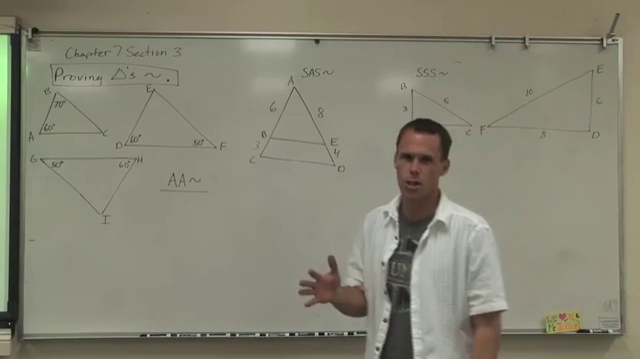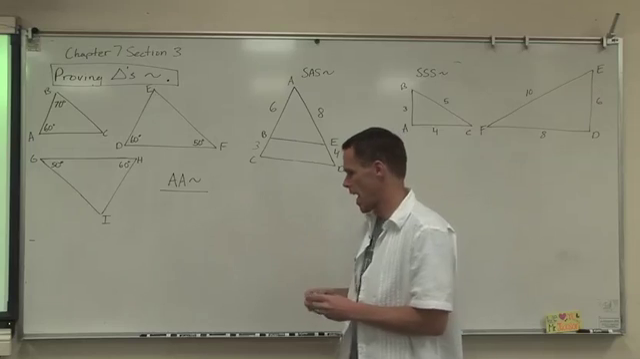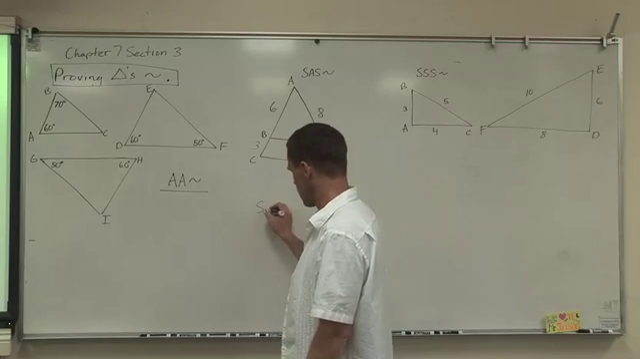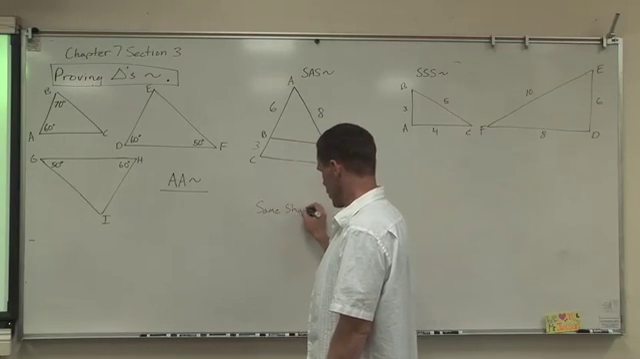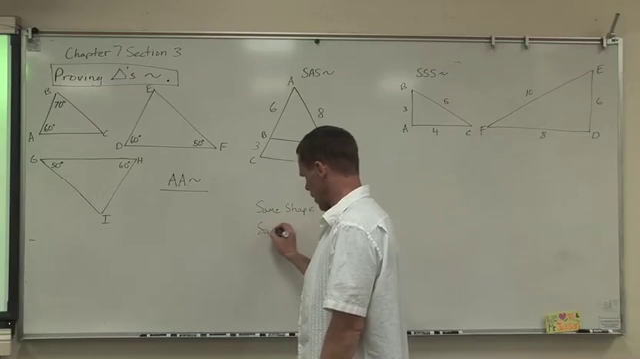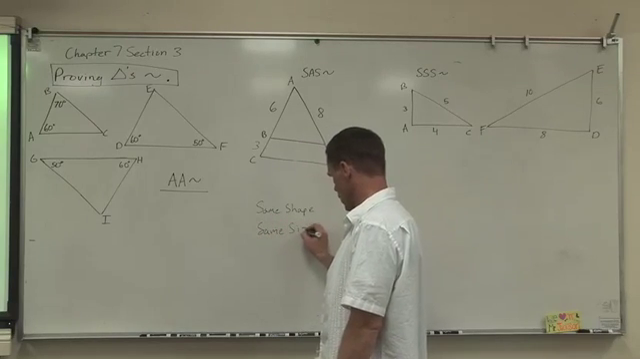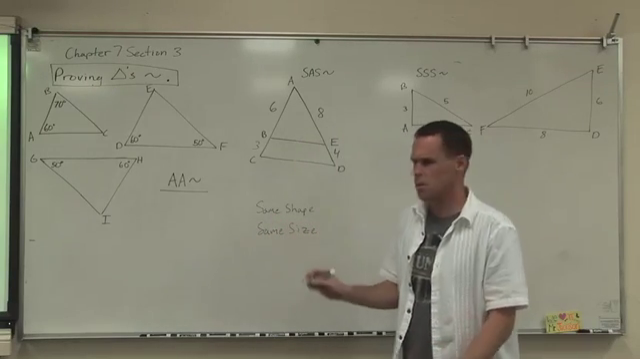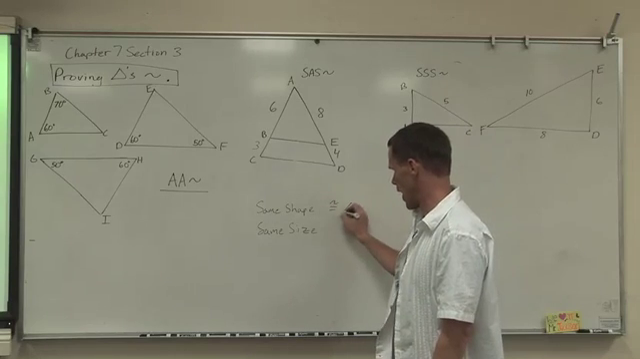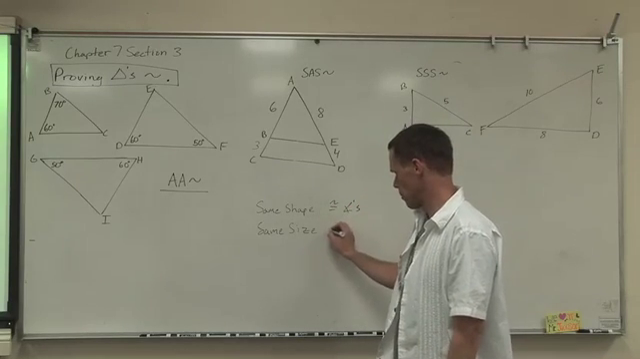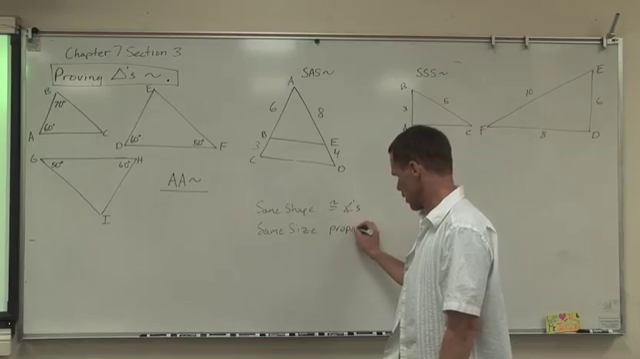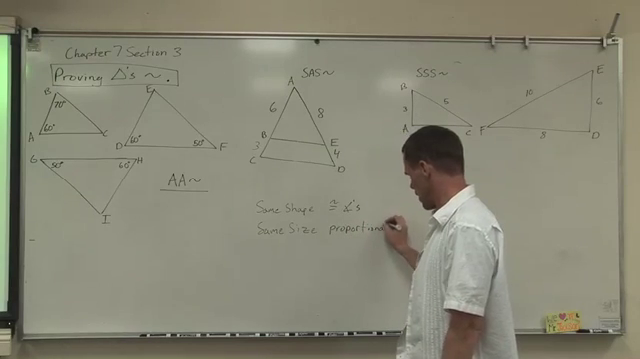Now, to review, similar polygons meant you had to have the same shape. We're going to go over two things: same shape, same size. And we discussed this as being that this meant congruent angles and this meant proportional sides. Now, this is important because